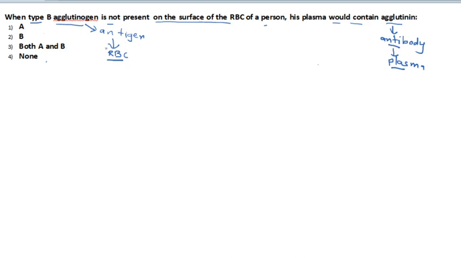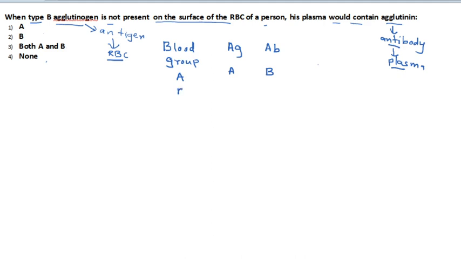Now we study antigens and antibodies when we study blood groups of human beings. So we'll see for which blood group which antigens and antibodies are present in a person. We'll represent antigen as Ag and antibody as Ab. Let us consider the people which have blood group A. The antigen shown by these people is A, present on the surface of RBC, and the antibody present in the plasma is B.